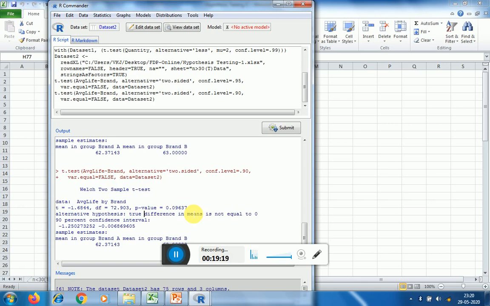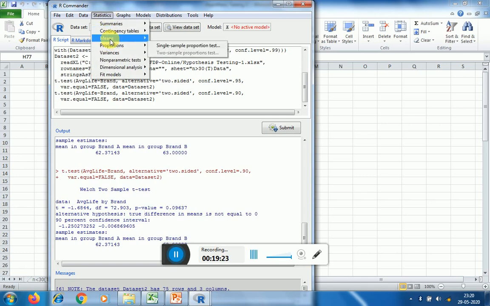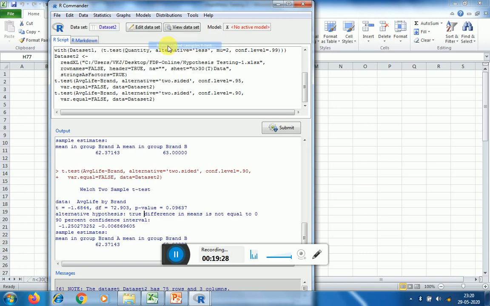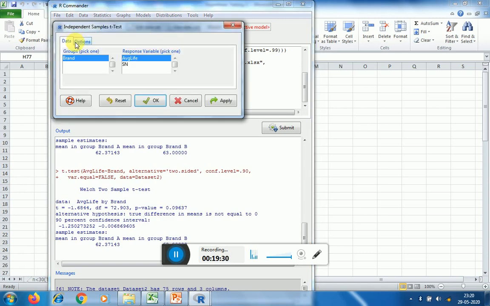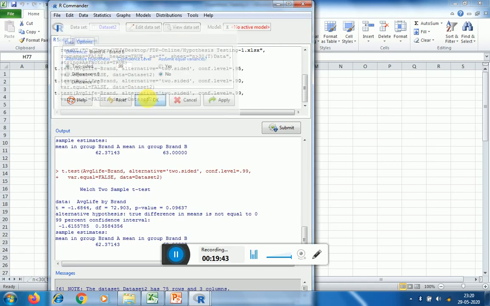You can test this for various other levels of significance for better insight and understanding. Here is the option wherein you can even test other alternatives, depending upon the nature of the situation. I can select 99 and again click on OK.